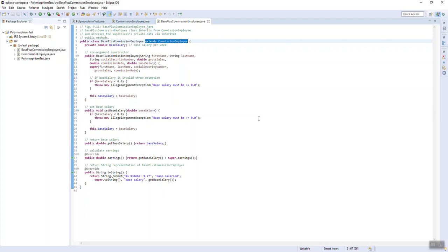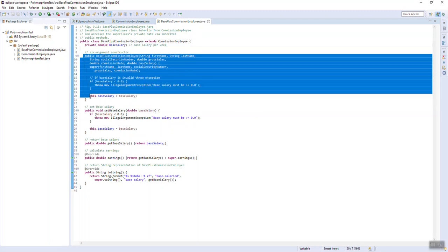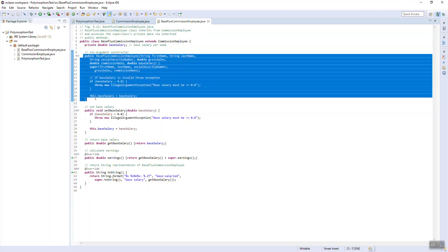So if this class basically intends to do everything that Commission Employee did, but just in addition add a base salary to it, we don't need to reinvent the wheel. We can just extend Commission Employee and then have an instance variable called base salary that we maintain. So when we have our constructor here, it's no surprise that at the end, just as always, we're reading in a base salary and assigning it to that field. But notice up here,